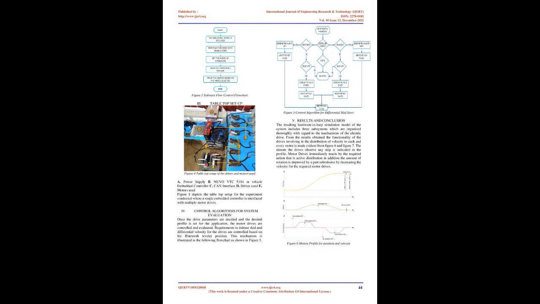Motor drives are controlled by interfacing the Bluetooth device with the controller for communicating based on the system requirements with the HELP LCM, lightweight communications and marshalling platform. Logitech F710 is used as the Bluetooth device, which is interfaced with the CAN master for the motion controller application. Based on the input provided with the Bluetooth device, motor drives respond accordingly via the CAN master. The majority of the CANopen data will be SDOs, service data objects, and PDOs, process data objects, i.e. information such as torque, position, velocity, etc.